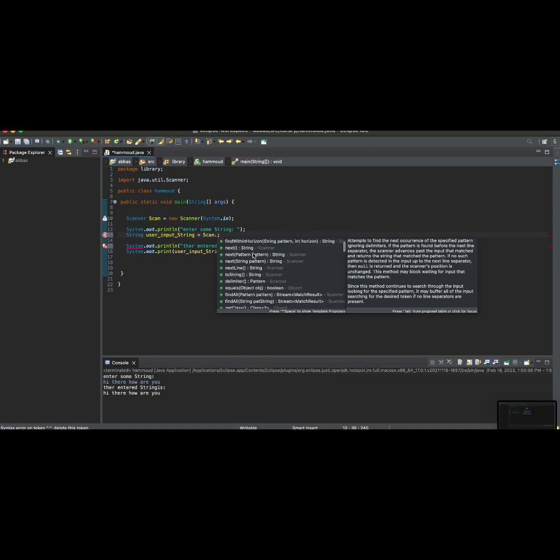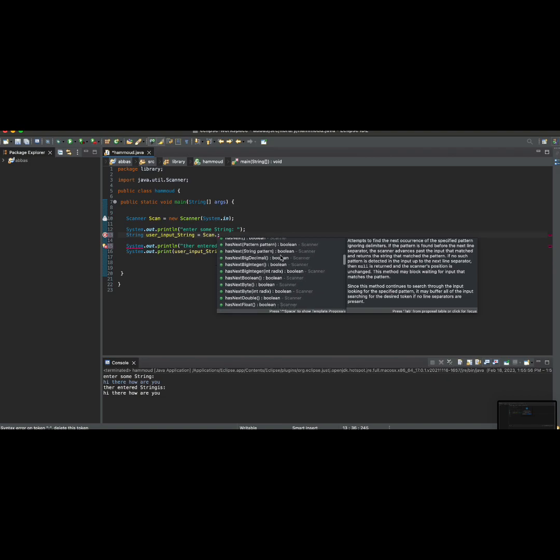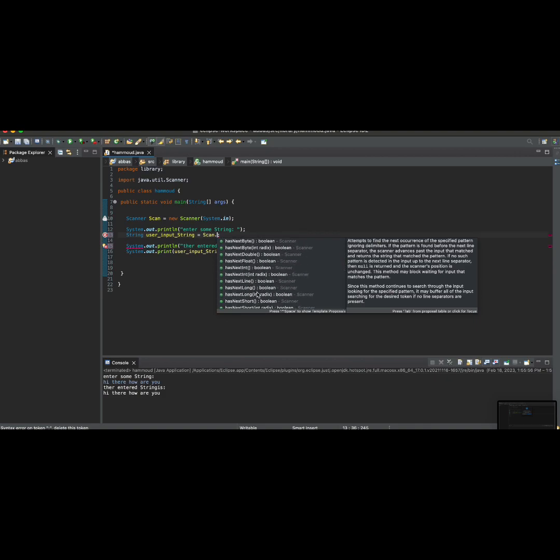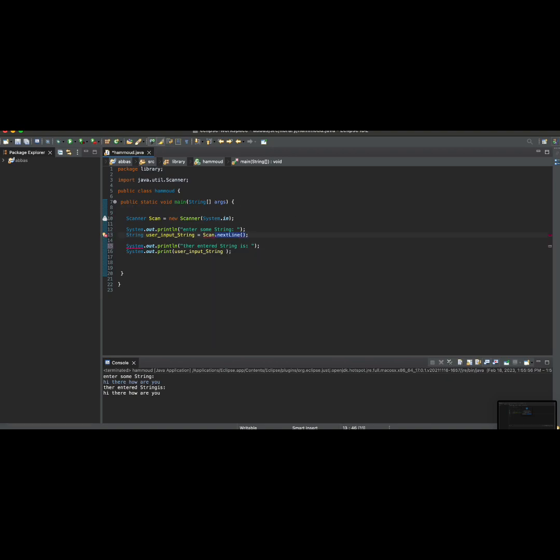There are functions like nextBoolean, which takes a boolean value, nextBigDecimal, nextBigInteger, nextByte, nextFloat. So whatever data type input you want to take, you just need to use the corresponding next function. I hope you understood the basic concept of taking or scanning inputs from the user,